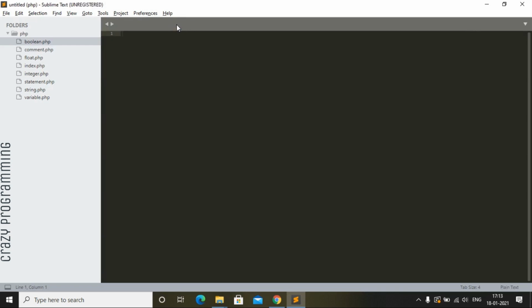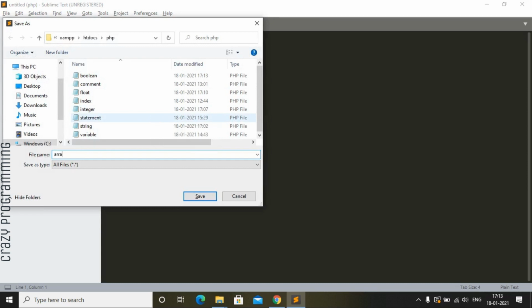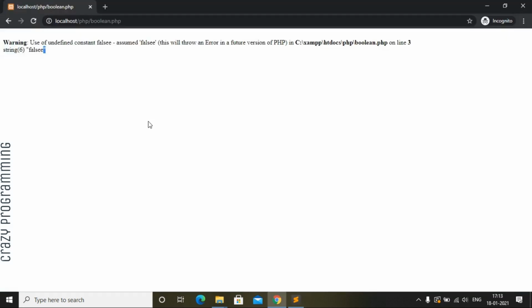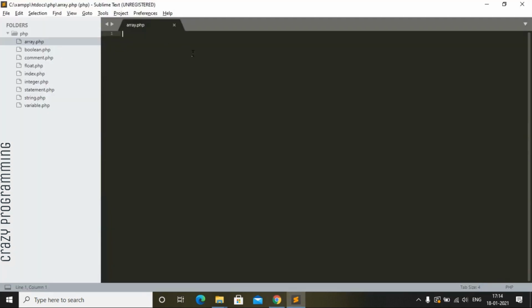And let's go with array now. Create a new file, save the file as array.php, then go to the output and use array and then press enter. Now we will code with an array, same PHP start and everything the same. Now we will create a new variable, that is cars